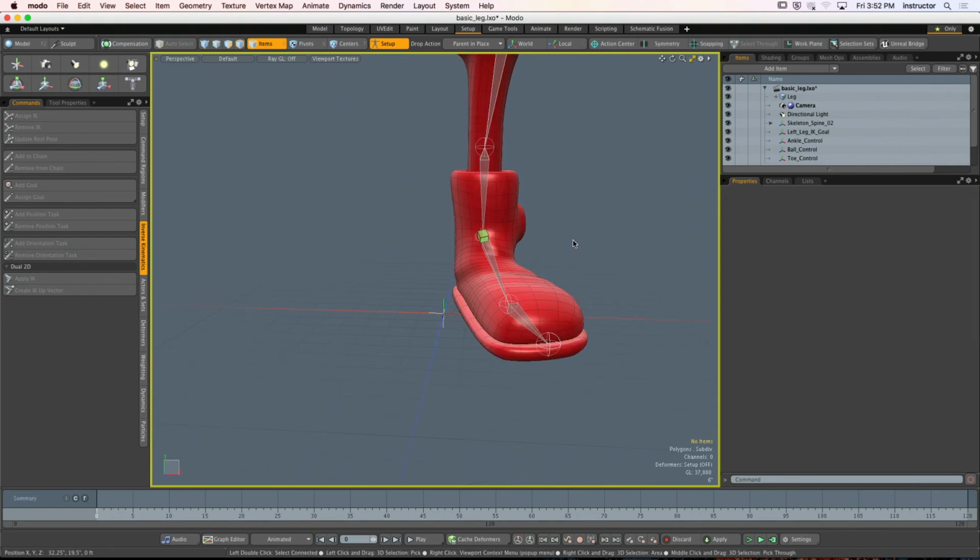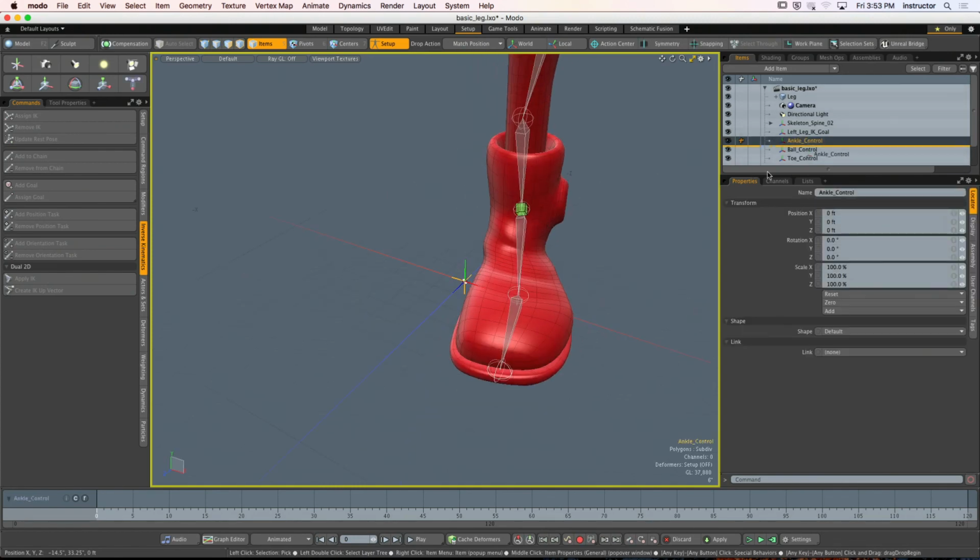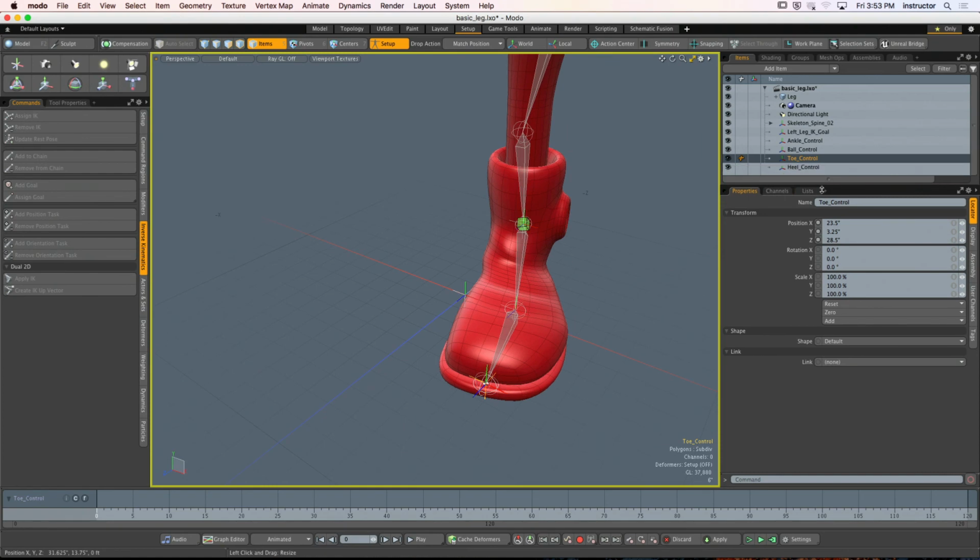Okay, so I got my four locators. I'm happy. Let's get them into place. Ankle is going to go on the ankle. Ball of the foot is going to go on the ball of the foot. Toe of the foot is going to go on the toe. And heel,